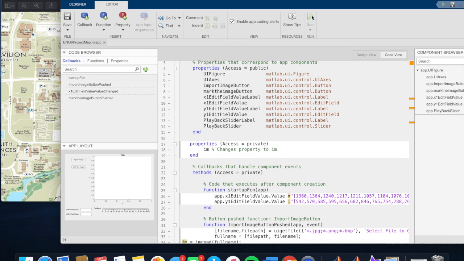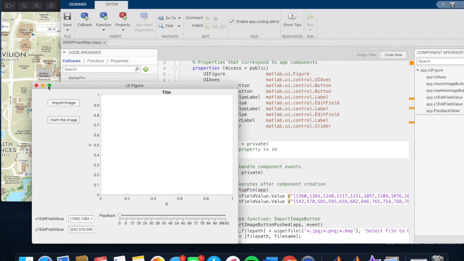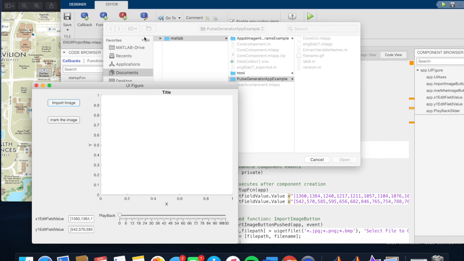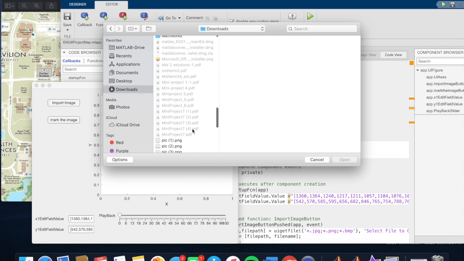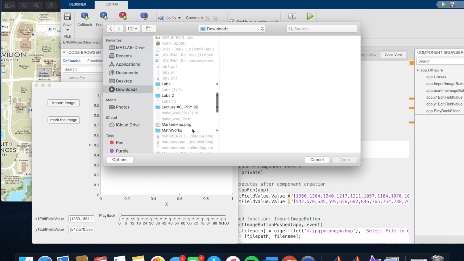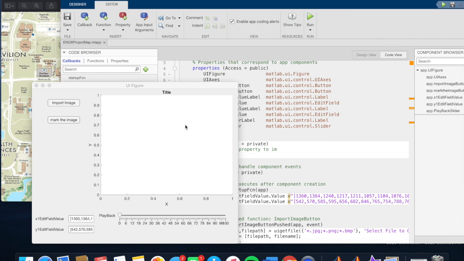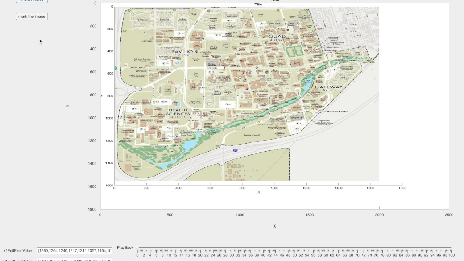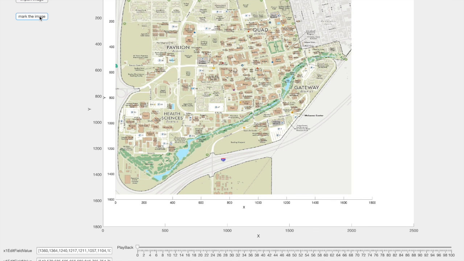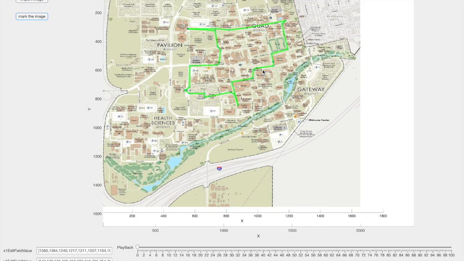And then when you run that, the little image would show up in the app, the UI figure, and then import image. Then you would go in and find the marked image that I made previously. This would pop up, and then now when you click mark image, I went in and I also found the precise